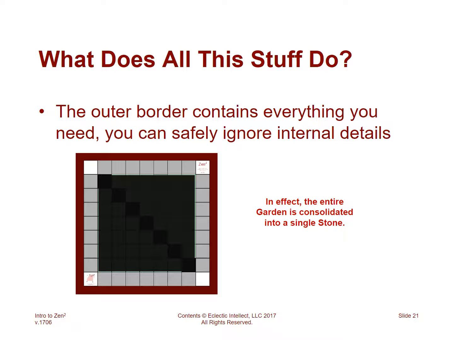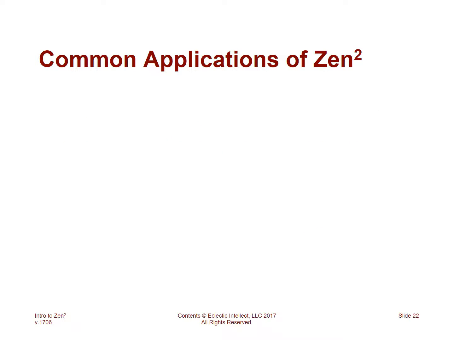You can get as much resolution as you need to finesse a detail, and then you can scale back all the way to the level of an entire system or an organization or team if you want to see it that way. Common applications of Zen-squared, and these are just a few. Opportunity exploration, particularly in Internet of Things, where relationship drives all of the possibilities. Zen-squared is an extraordinary tool for looking for new venture opportunity.